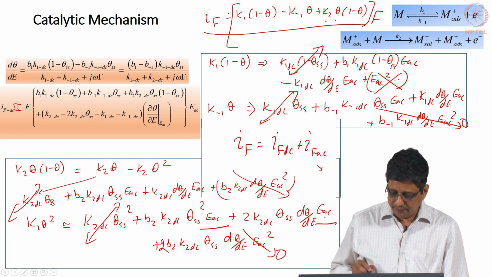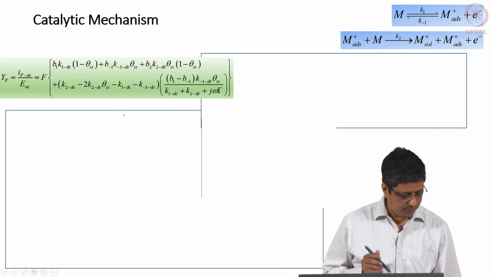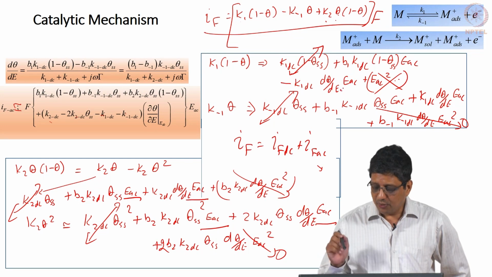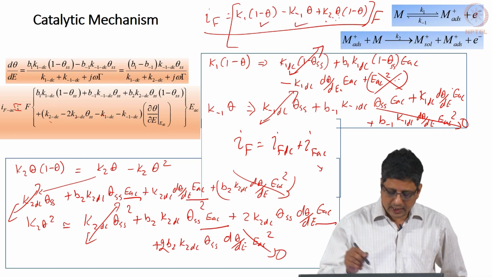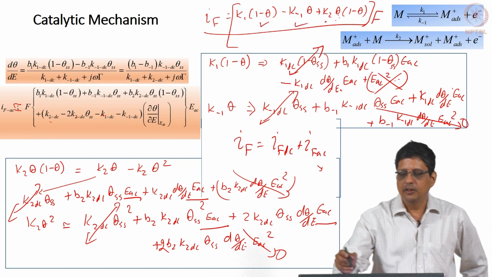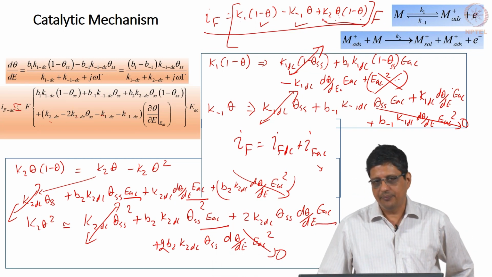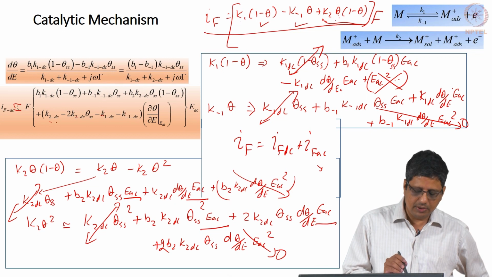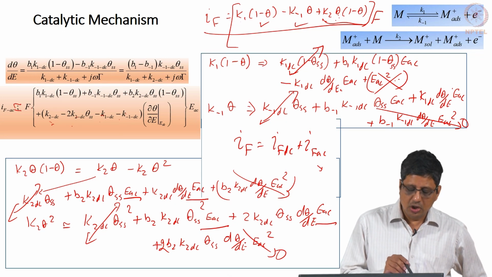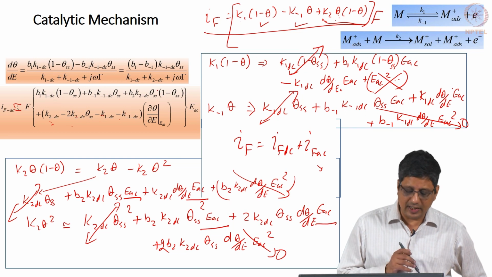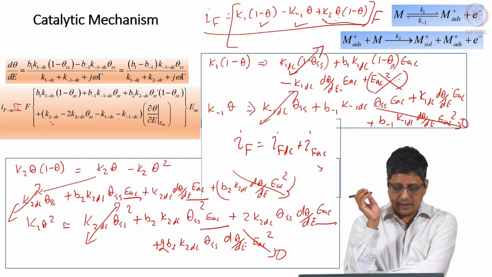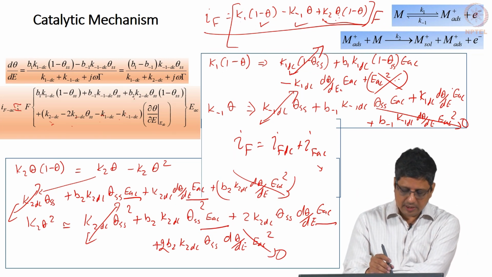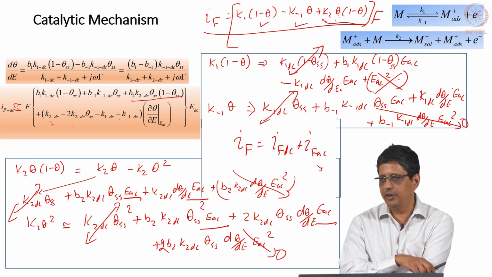Whichever depends on EAC, 1, 2, 3, 4 terms here, 1, 2, 3, 4 terms here. You would get d theta by dE from the first term, you will get d theta by dE from the second term, you would get actually 2 terms for d theta by dE from this expression of k2 theta 1 minus theta. So, we will get actually 4 terms here into d theta by dE. Other things you can rearrange, you can simplify a little bit using the steady state condition. Sometimes you can get a little simpler expression, and I think I am missing, no, I am not missing it, I am just grouping them together here, it is a little different.